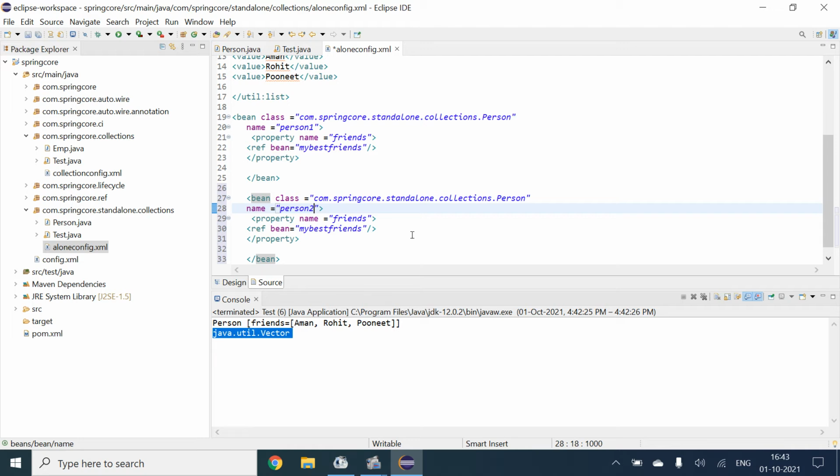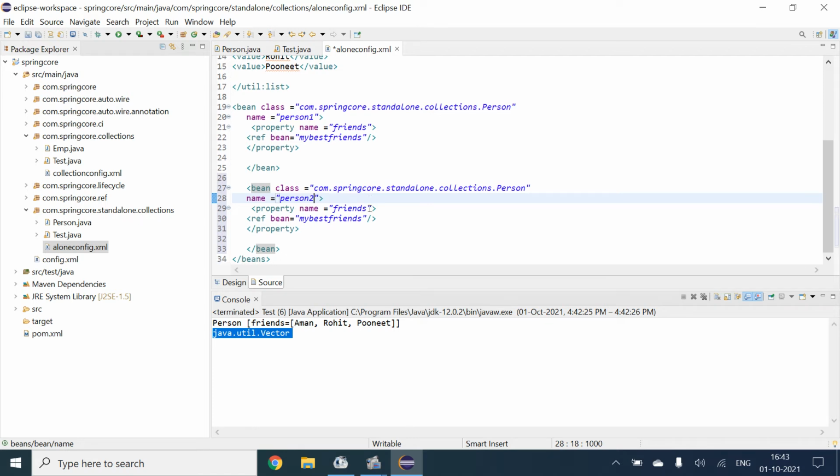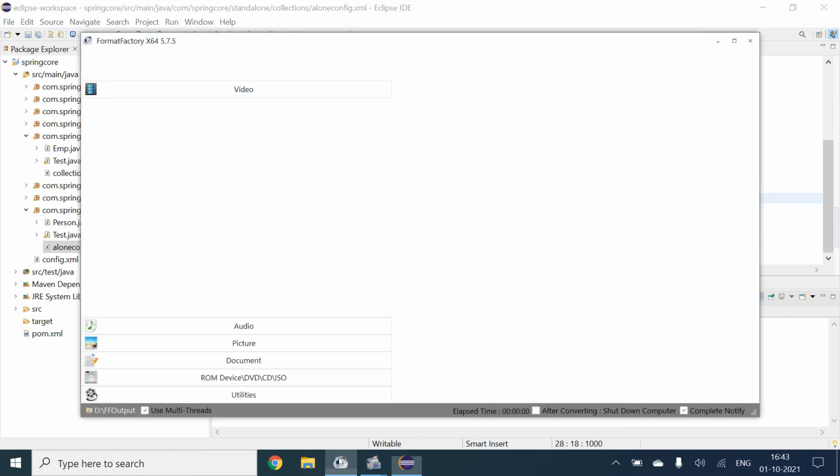So now what it will do, it will insert all these values in the second bean also. This is what will happen.